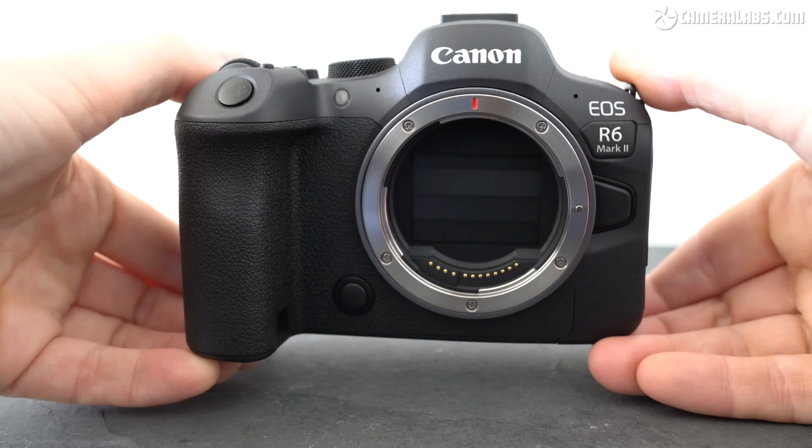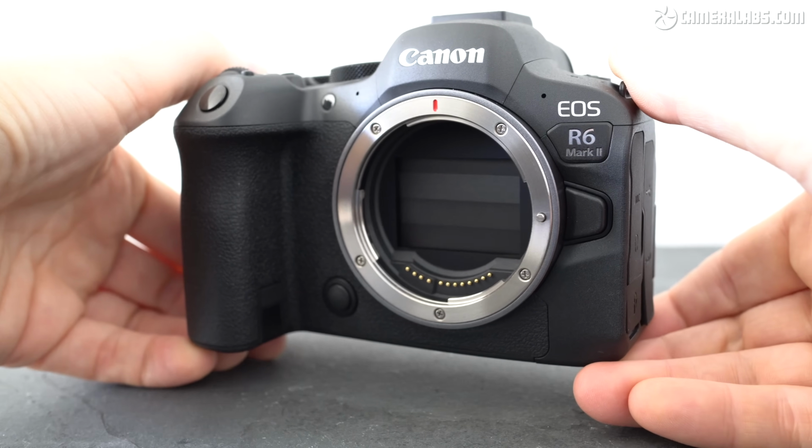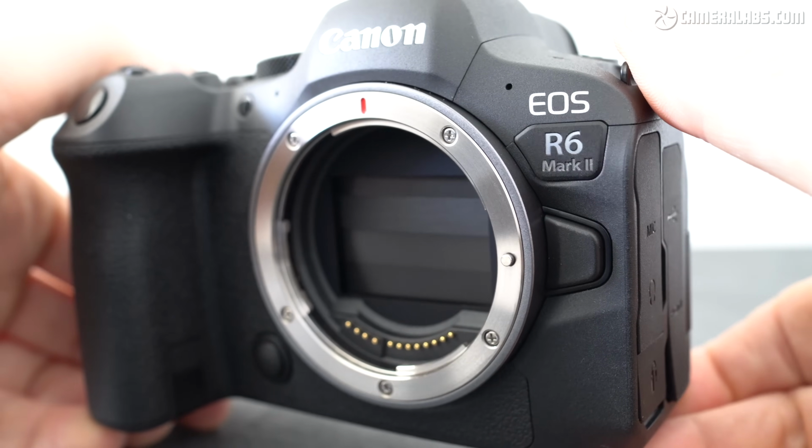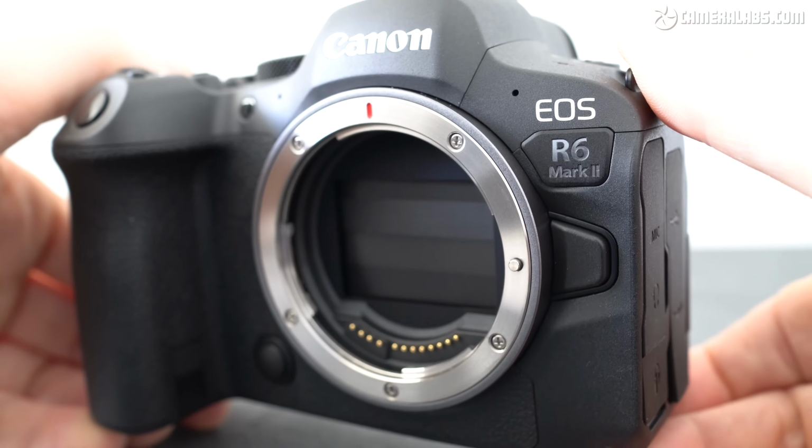Hi, I'm Gordon from Camera Labs, and this video is all about the photo quality and features of the Canon EOS R6 Mark II, a full-frame mirrorless camera with 24 megapixels, improved subject recognition, uncropped 4K video up to 60p, and 40 frames per second bursts. I'll be making a separate video about the movie quality in the future, and I'll link to it here when